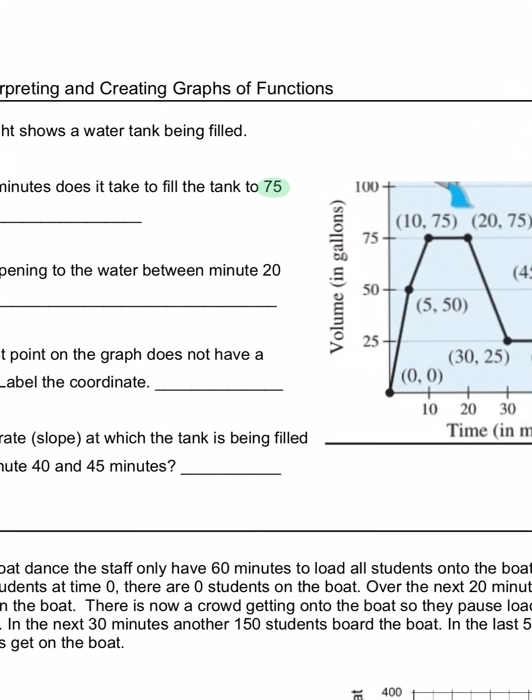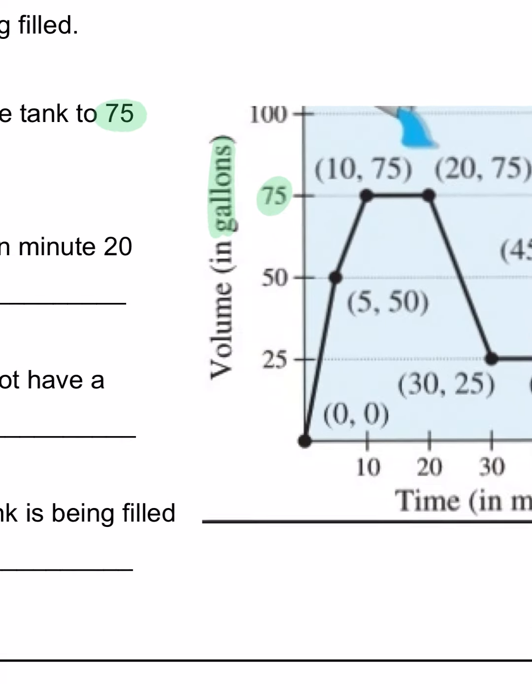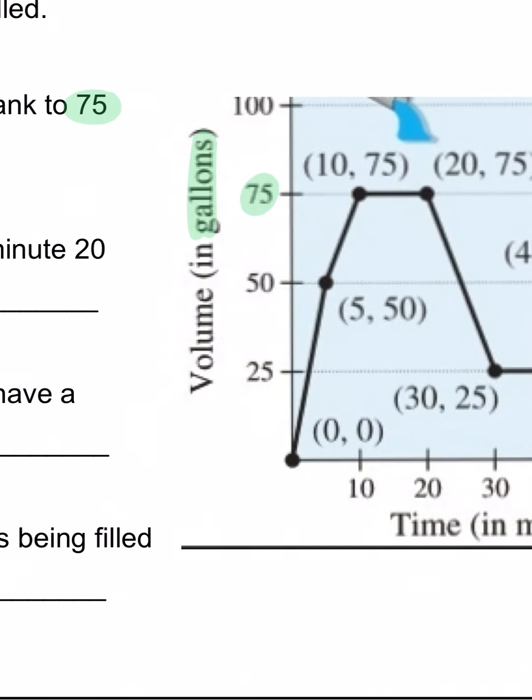Let's take a look. All right, I see gallons. We want to get to 75. If we're starting at 0, we start here and we go upwards. After, let's see, 5 minutes, we have 50 gallons. It looks like we keep going. We look at this point here, and take a look. 10,